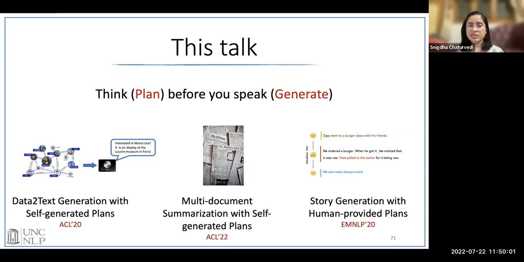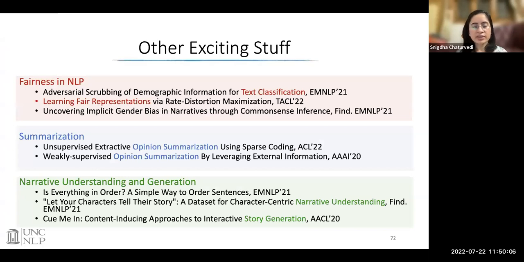But this is a very small part of what's going on in our lab, and I want to quickly mention what other exciting stuff is going on. One interesting thread in our lab is on fairness in natural language processing. For example, we had a paper in EMNLP last year where we were removing demographic information from text classification. Basically, the idea here is that text representations, like representations of tweets, encode demographic